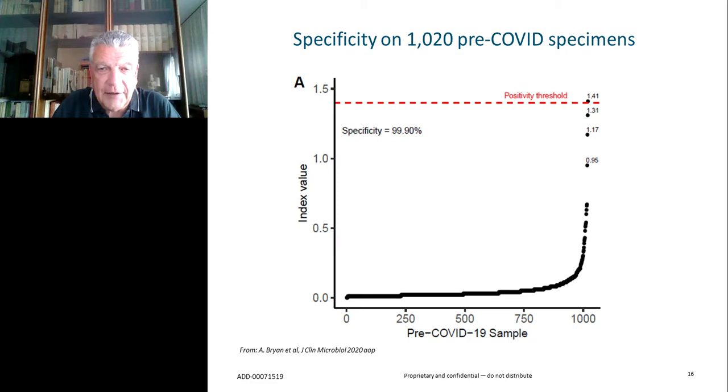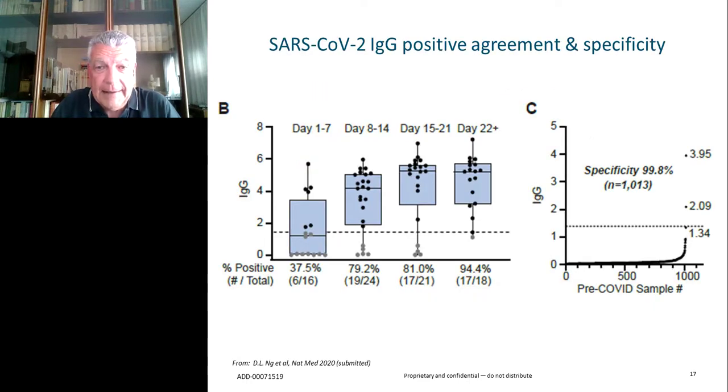You see that in this experience, there were just a dozen samples, so that is 1 out of 100 of the population that were above this level, and very few that were across this critical area around the cutoff. This means that the assay is very robust, and the specificity attained would be more or less the same regardless of when you take out testing. And this is confirmed also by another evidence that is just in preprint now.